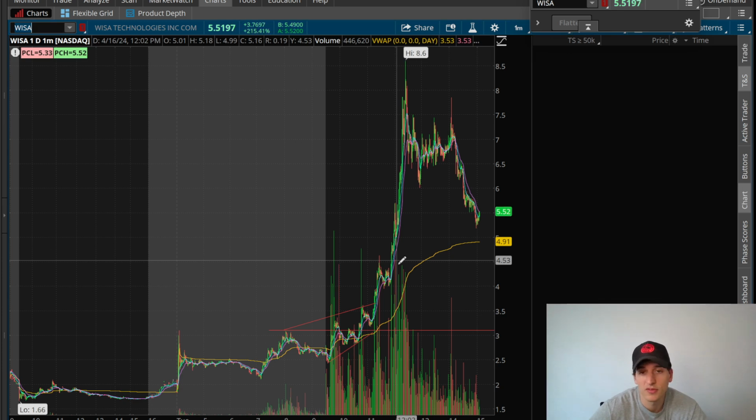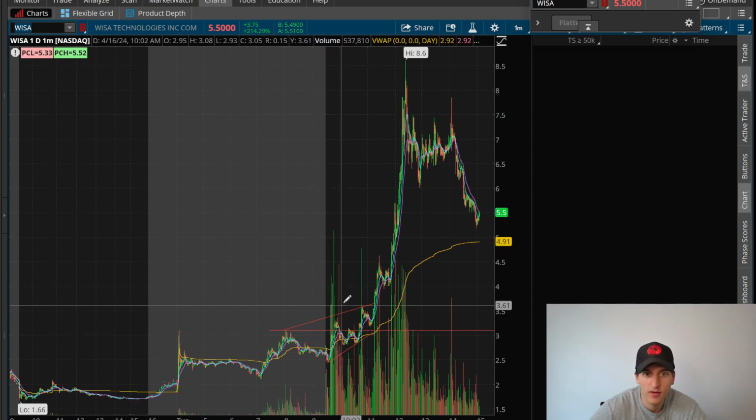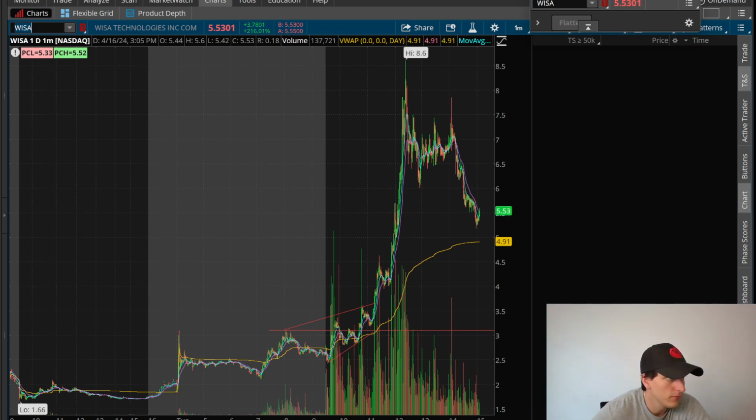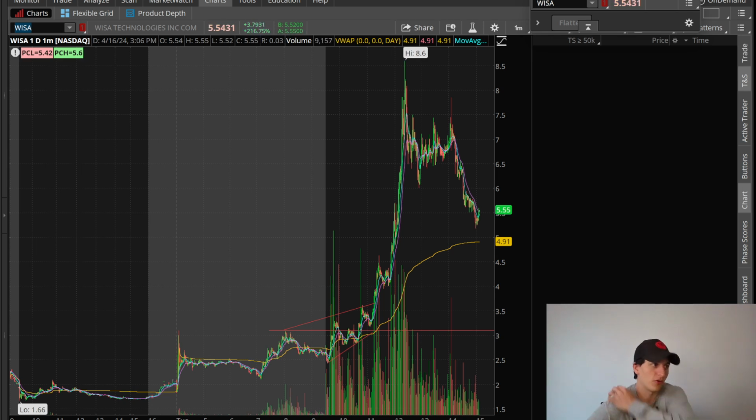Maybe tomorrow we see something similar that might be easier to trade, or maybe it resolves in a move like this earlier in the day, to where we can actually have some tradable action. 9:30 to 10:30 was a little tough today. But let's see here. For the news on WISA, I know it was a partnership with another